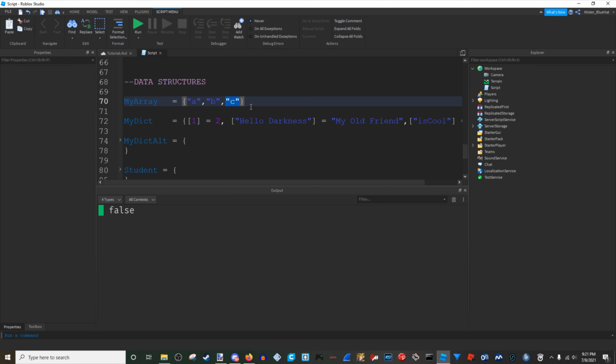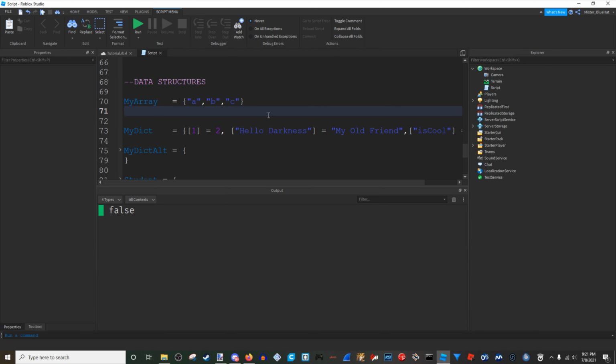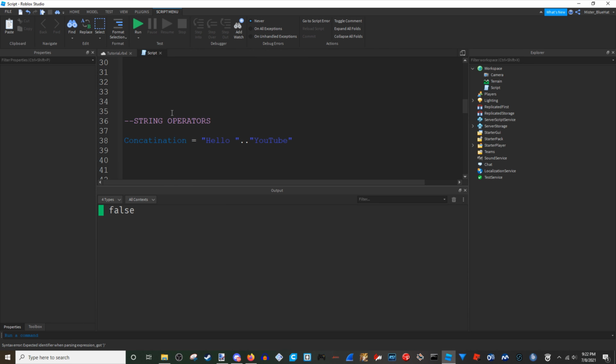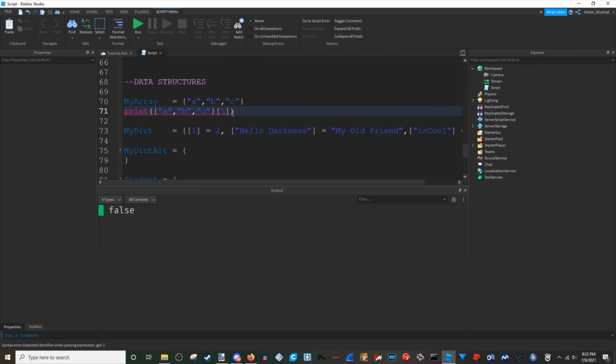So if we wanted to print the first item in this array, you take the name of the array, my array, or even rather, you can just get the array itself. So you get the array itself, and then you tell it which item you want. So we want the first item, so you use brackets, and then the position of the item that you would like. So if we print this, let me make sure I don't have anything else printing. Okay, I don't. If you print this,